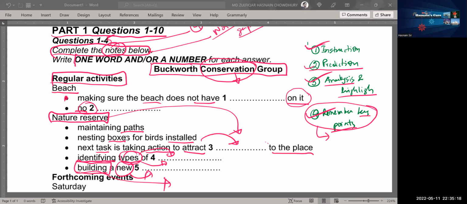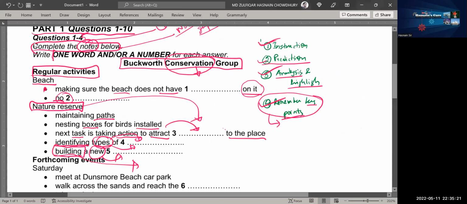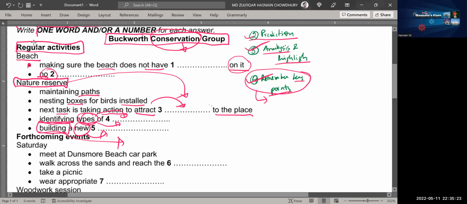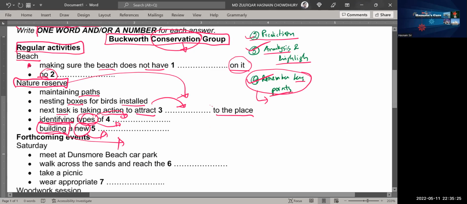Hello? Oh, hello. My name's Jan. Are you the right person to talk about the Buckworth Conservation Group? Yes, I'm Peter. I'm the secretary. Good. I've just moved to this area and I'm interested in getting involved. I was in a similar group where I used to live. Could you